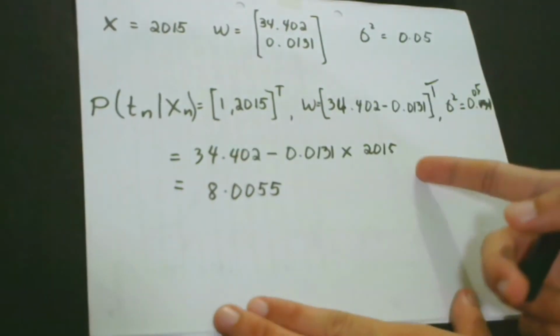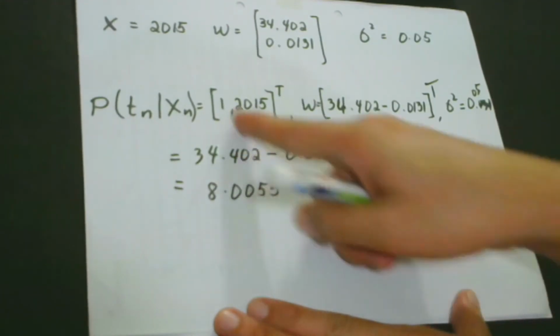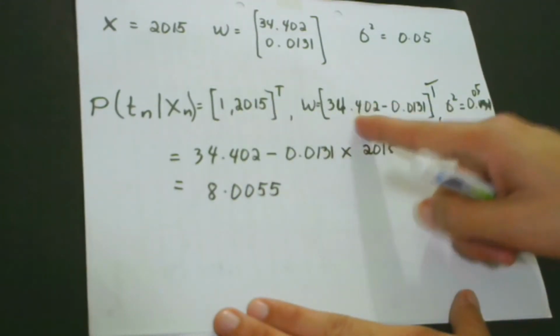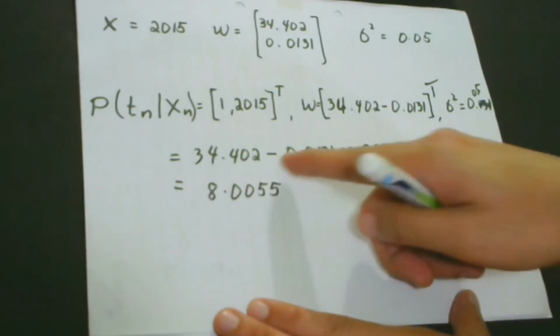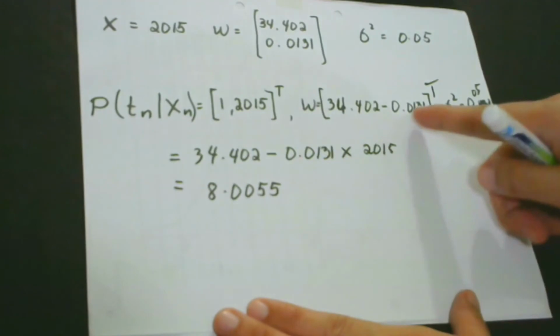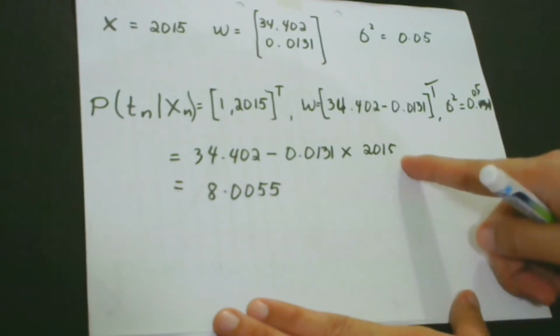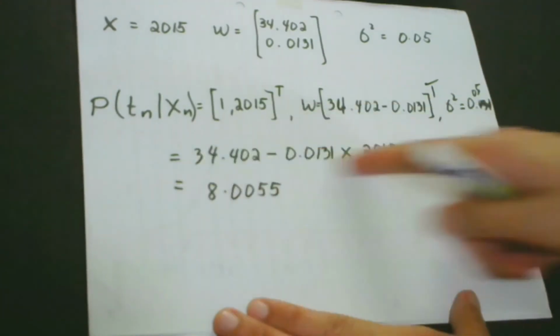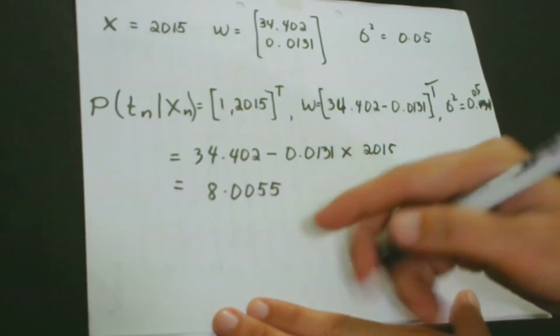If we do the calculation, then we would have 34.402, because we have 1 times 34.402, so it's still the same as itself. Then we have minus 0.0131 times 2015. Then if you do all the processes involved here,